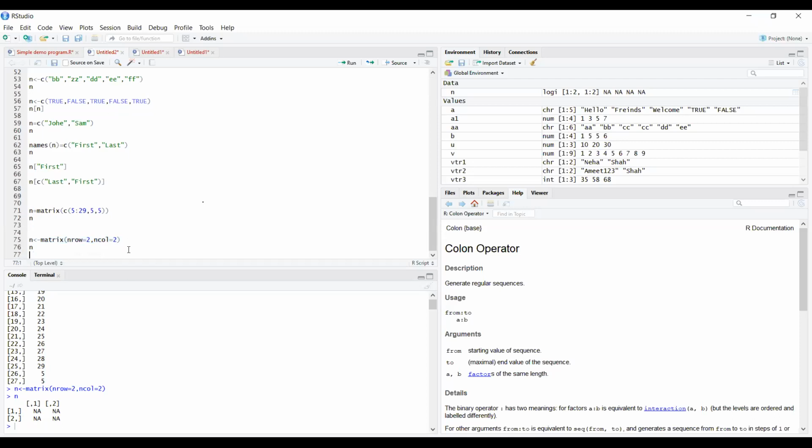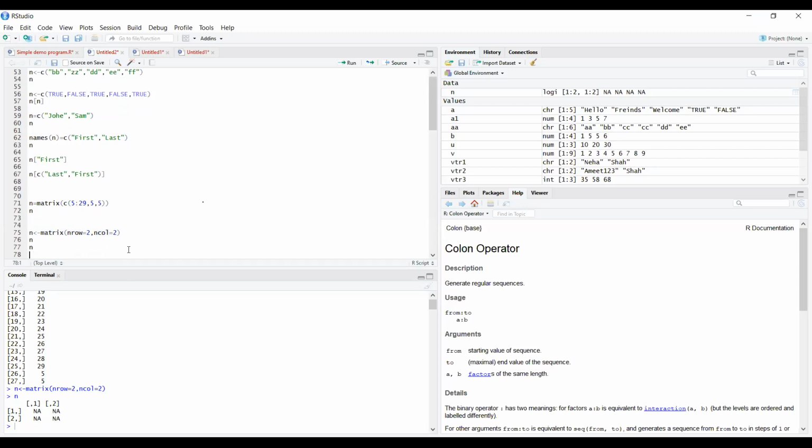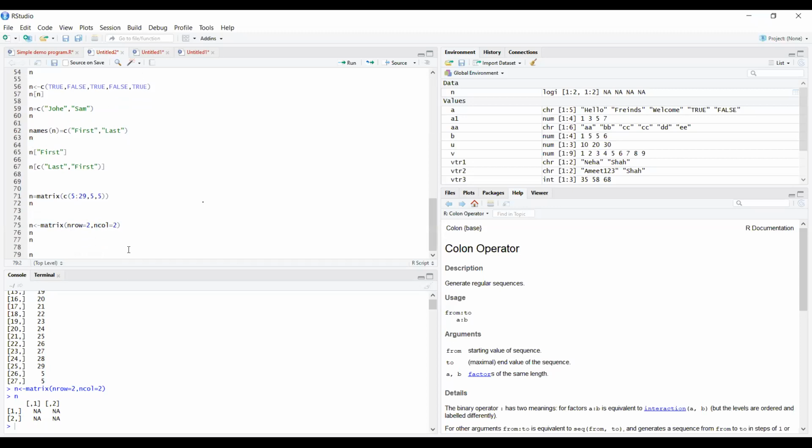Now if we want to give particular names, I will pass some other values. So m equals to matrix, not table, actually we are not creating tables.